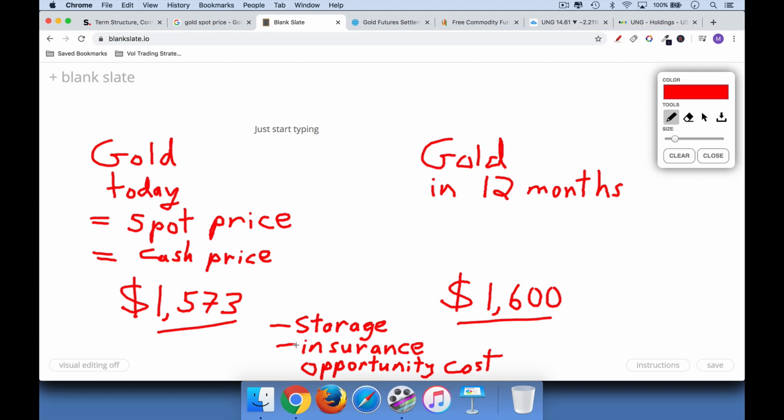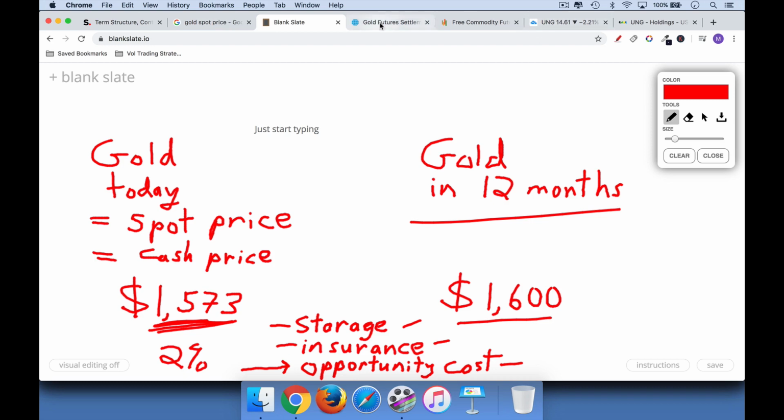Let's say we don't buy gold today. Instead, we're going to enter into a futures agreement or a forward agreement to buy gold in 12 months from now. Well, there's a nice thing about that. Instead of locking this $1,573 up in gold, we could stick it in a savings account and get about 1.5% to 2% today. And so there's also that opportunity cost. If you're holding gold, you're not holding cash and you're missing out on some interest income. So these are the three reasons: storage, insurance, opportunity cost. These are the three reasons why we would expect the price of gold for delivery in 12 months from now to be higher than it is today.